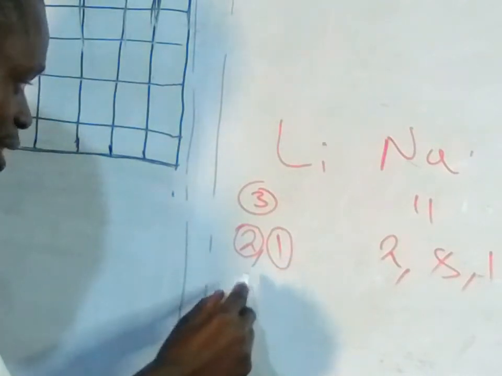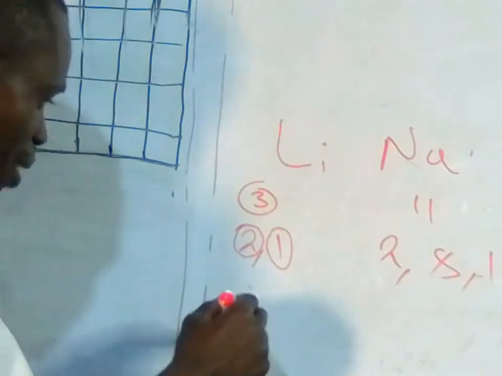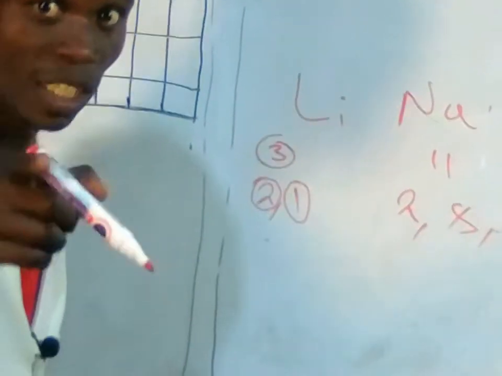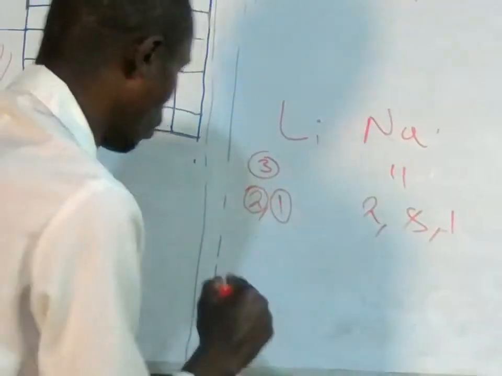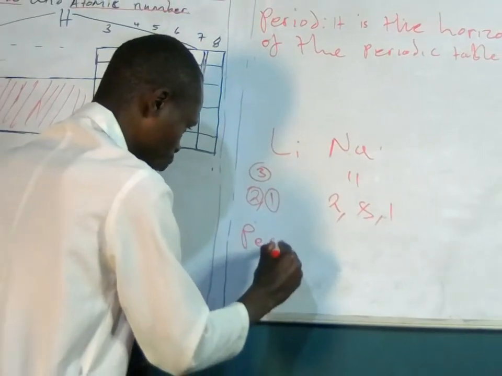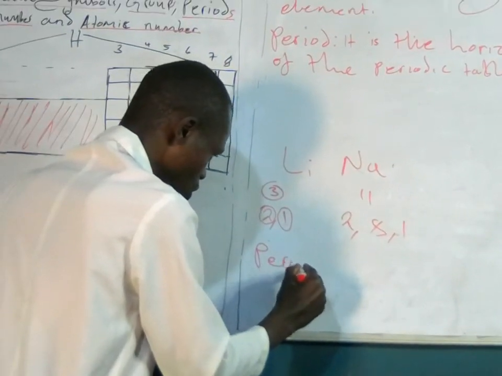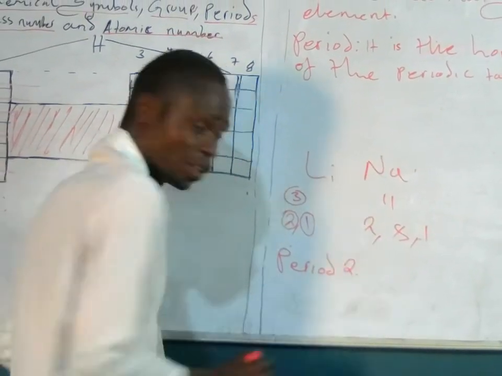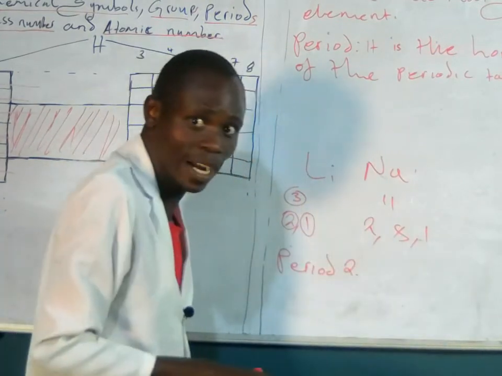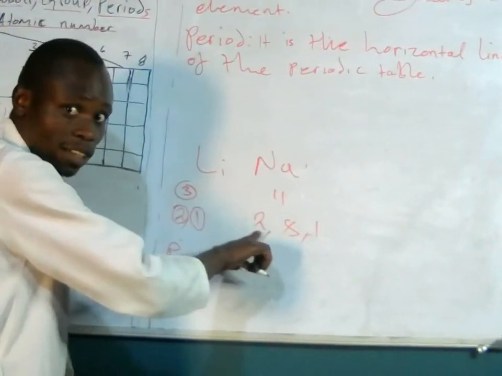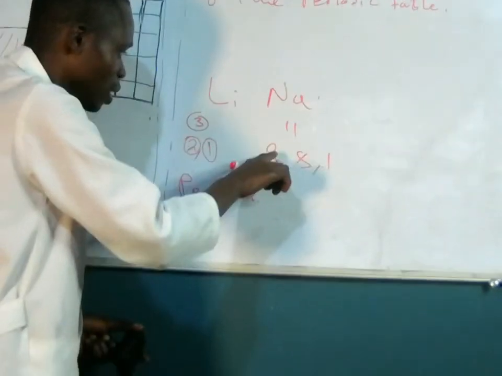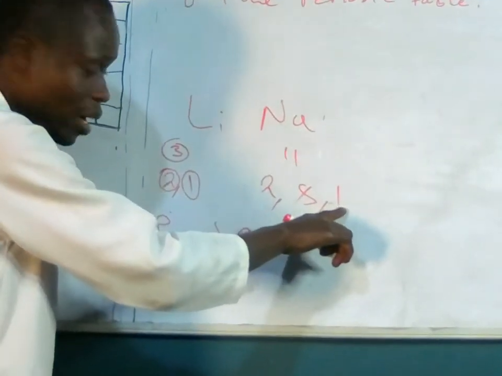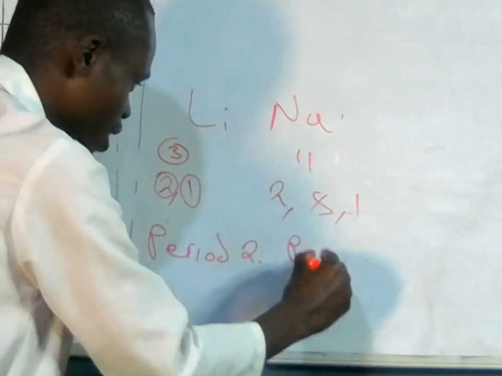So this element belongs in period 2 of the periodic table. Now look at this one again. You count the number of electronic configuration, which is 1, 2, 3. So it is in period